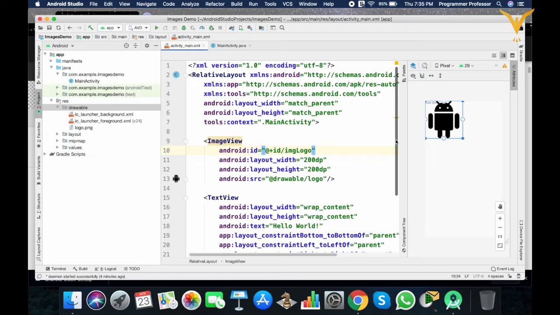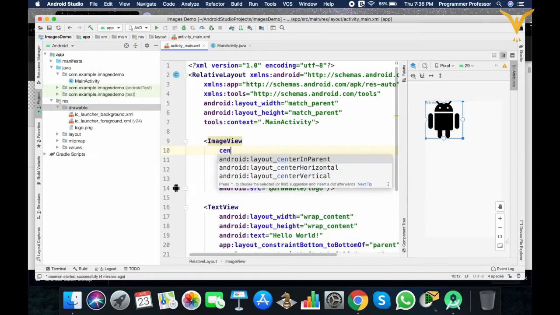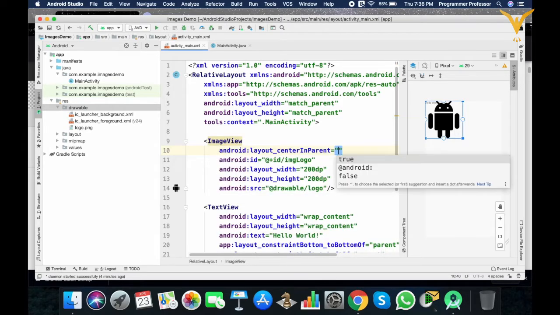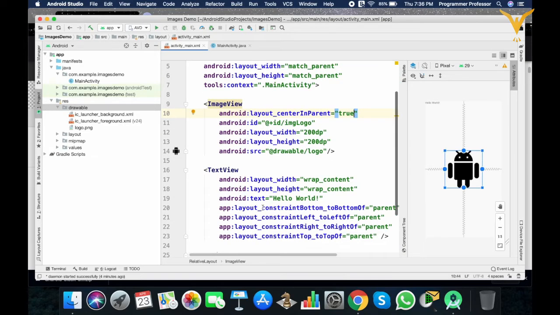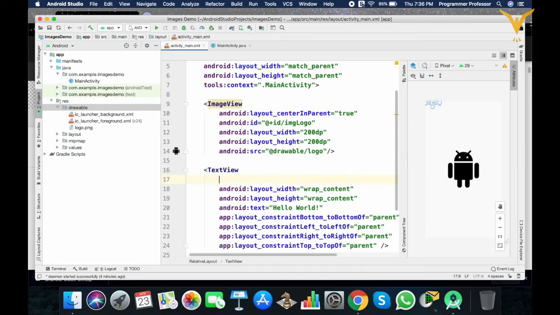Yes, but it's not the right option to set your image at the start. If you look at the applications which are available on Play Store, they have a splash screen where the image is located at center. So we'll add one attribute, center in parent, and keep it as true. And below that we have our app name, so we'll add this attribute to the text view, layout below, and then give the image logo ID.